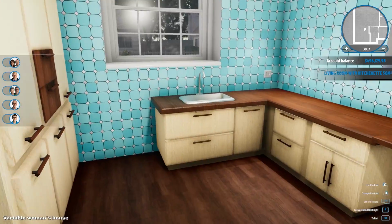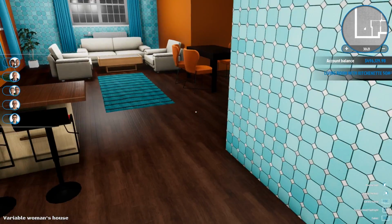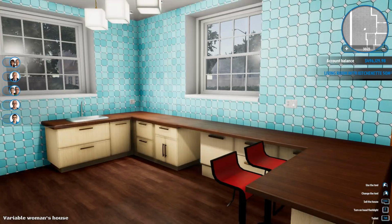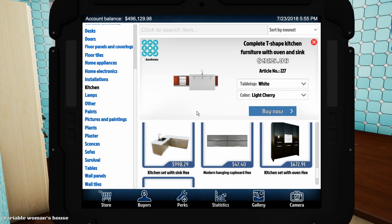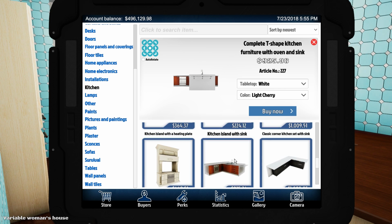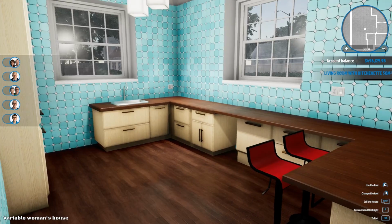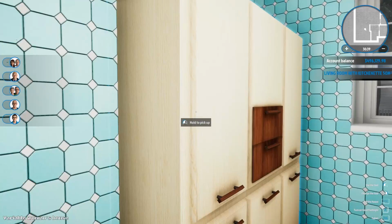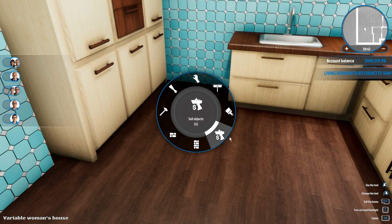It looks like they've actually managed to get two kitchen sets that fit really well there, and they've managed to do a really good job. And I'm almost loath to change it, but I kind of do think a different colour might look nicer. So they have used kitchen set with sink Hex alongside corner kitchen set Hex. Yeah, they have. So I could change the colours on that. And then they've used the kitchen with oven. So let me...